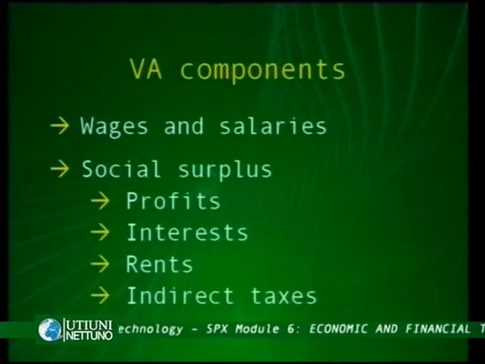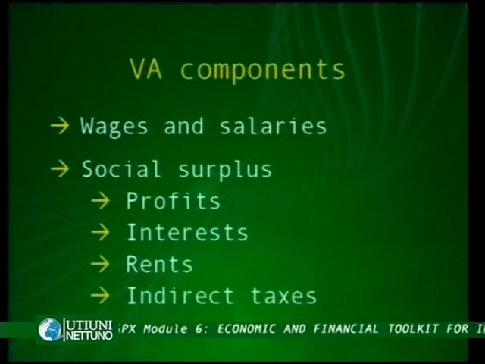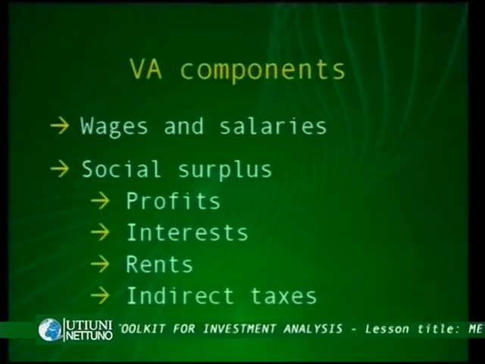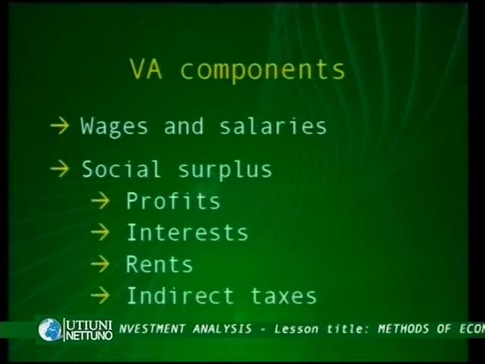He has a residual claim on the profits, so profits are the income that typically accrue to shareholders. Then we have interest and rents that are typically paid to other financial investors. And then in the social surplus, we also find indirect taxes that represent the share of the value added that is accruing to the government through the payment of taxes. And therefore, also the government is participating in the social surplus generated by a project by means of indirect